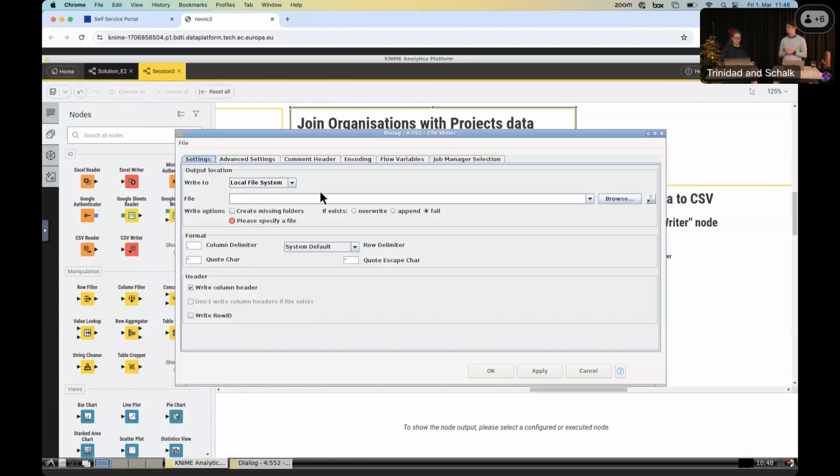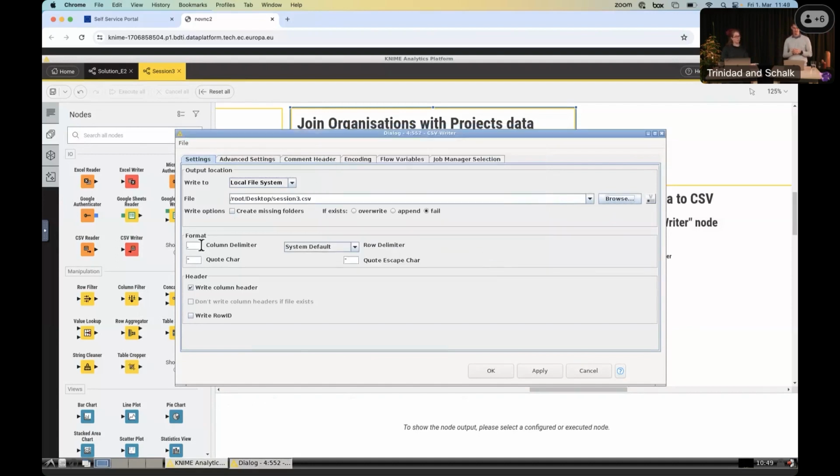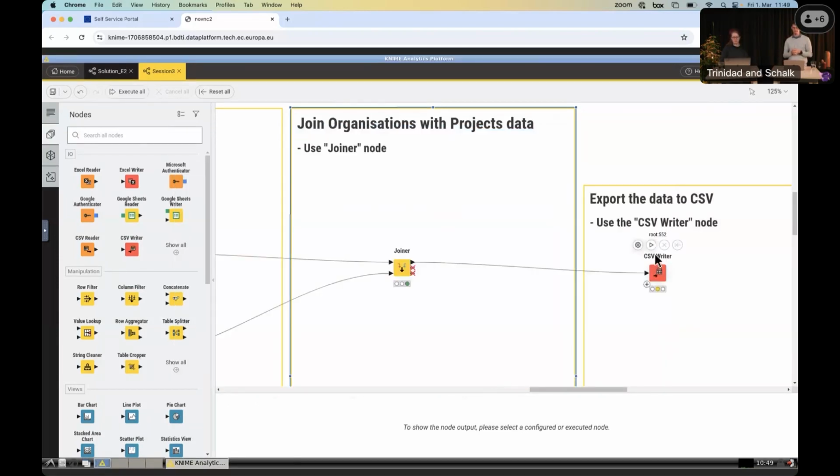We configure the node and tell it, okay, it's a CSV. Where do I want to store it? In my local file system. Nice. Then where inside of my local system? I'm going to put it on the desktop so that we can show it later. So we put it on our desktop and I give it a name, session 3. Sounds good. We save it as CSV, and then we choose the column delimiter. It can be a comma, as in comma separated values. Let's use a comma instead of a semicolon as we had in the beginning. We click OK and run our node. And while it's running,